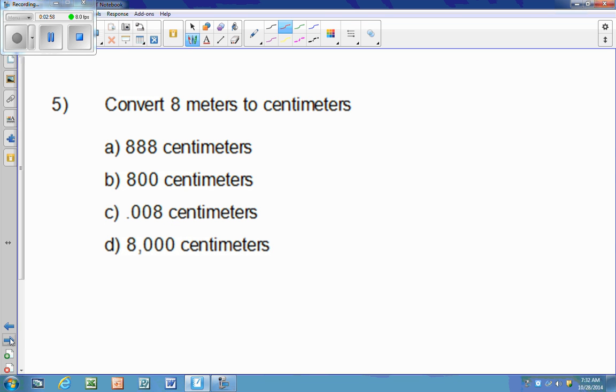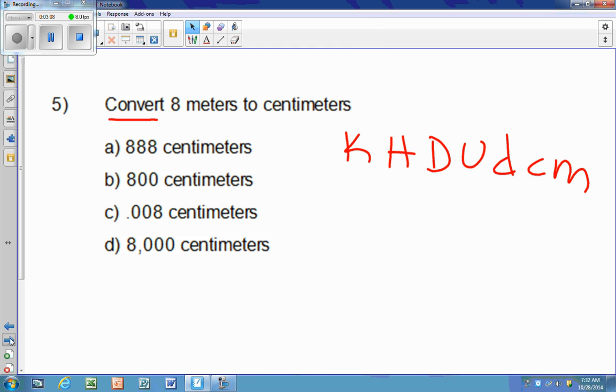The next one is to convert 8 meters to centimeters. The first thing I do when I'm converting is remember that King Henry doesn't usually drink chocolate milk. So the first thing I know is that I'm going from meters, which is right here. The unit is meters, and I'm going to centimeters. So I go to the right, and I know I'm jumping